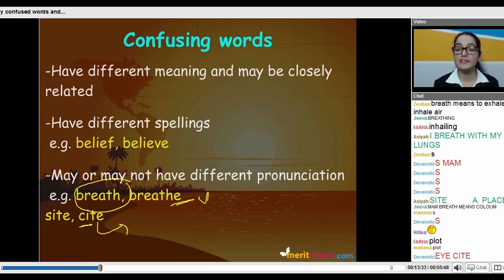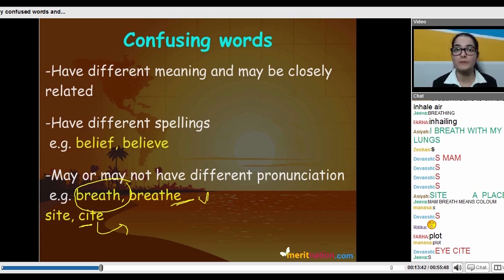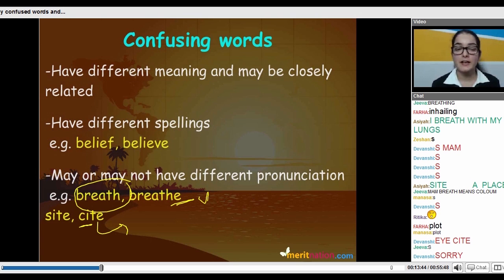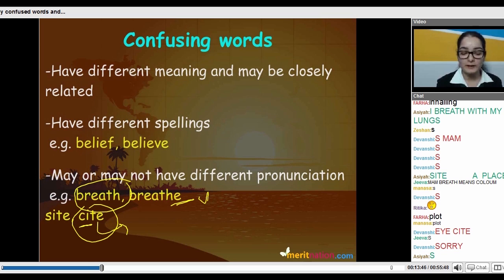No, Devanshi, that eyesight would be S-I-G-H-T. If you remember, we did that in homophones. S-I-G-H-T, that would be eyesight. Right? And what is this cite? This cite is when you refer or quote to something. That means citing examples. When you cite some examples, that is C-I-T-E. Whereas S-I-T-E is a place, probably, yes,